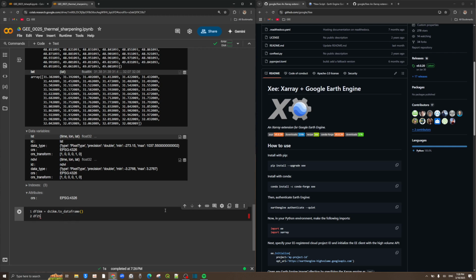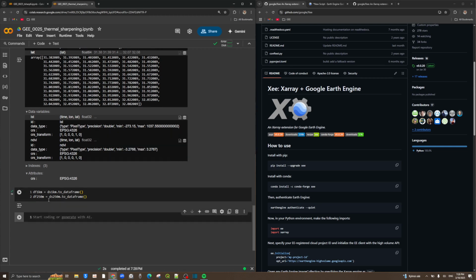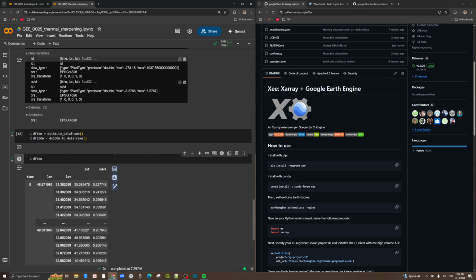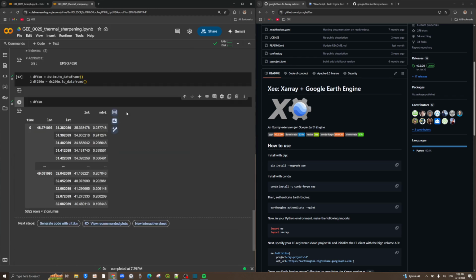And the next one is the data frame with 250 meter, VS 250, and then two data frames just like this. Let's run, and after a few moments you can print the 1 kilometer data frame and see that the same multi-dimensional structure